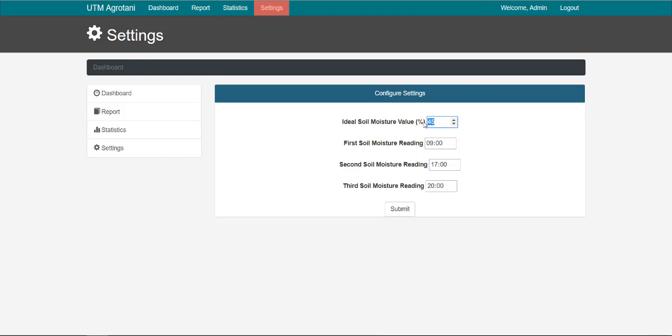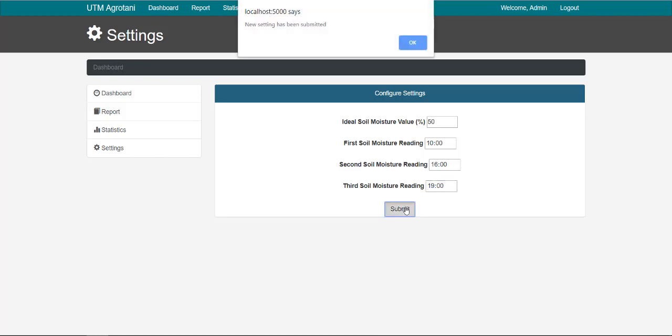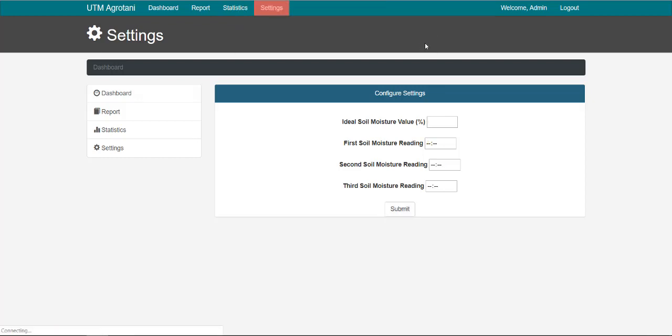So let's say if the user wants to change the setting of the device, he or she can simply enter the new soil moisture value. Let's say I will enter 50, and I would like the first time to read all the sensors to be at 10 a.m. and the second at 4 p.m., as well as the third time of getting the sensor readings at, let's say, 7 p.m. and I click submit. The user will be notified that the setting has been submitted to the cloud database,